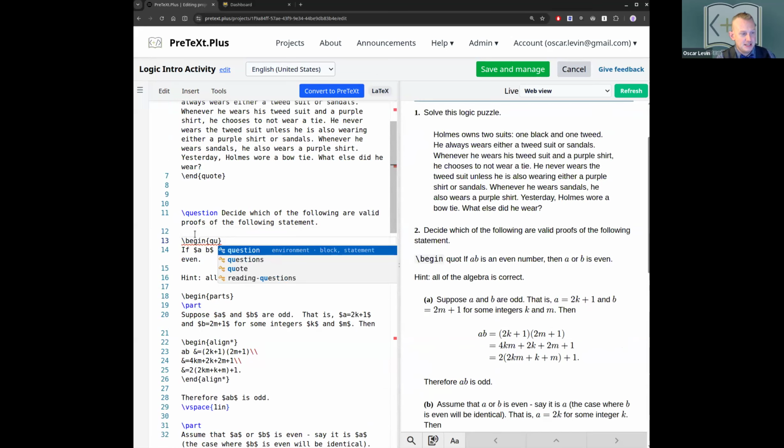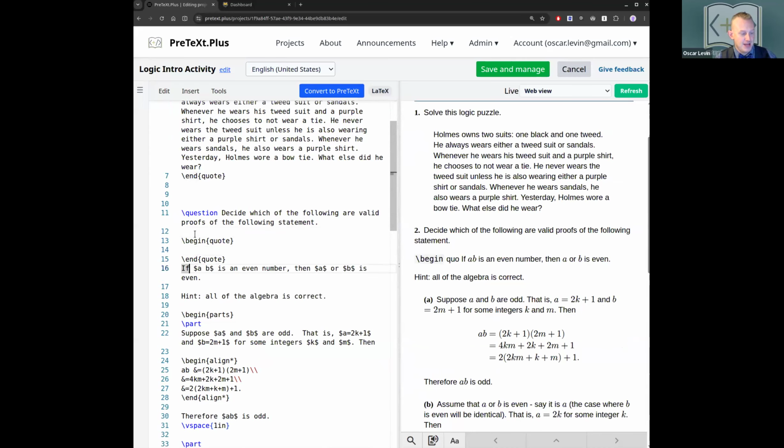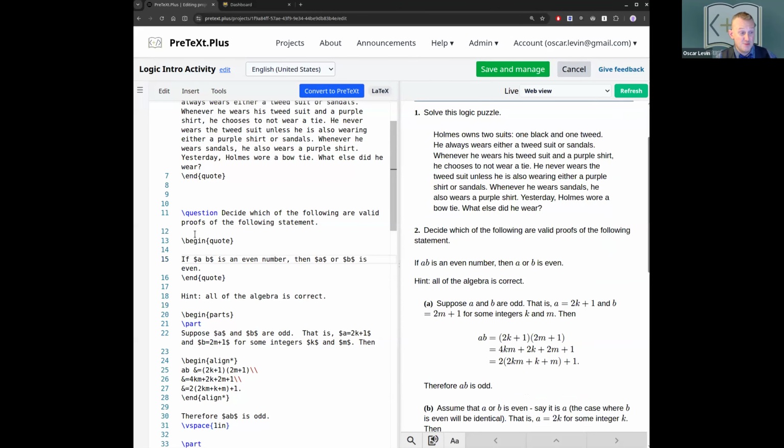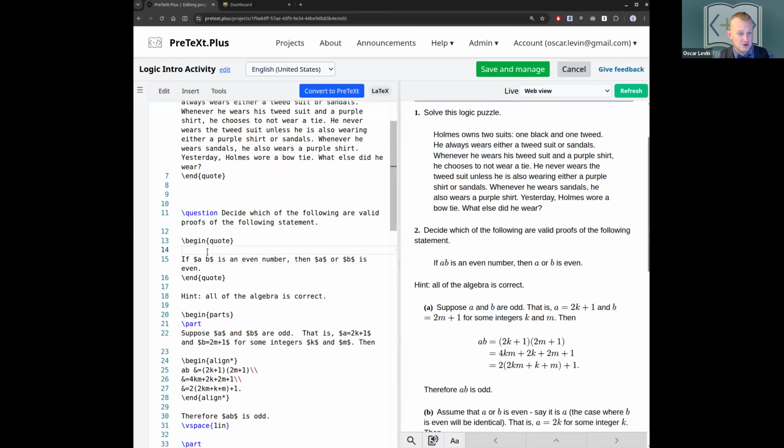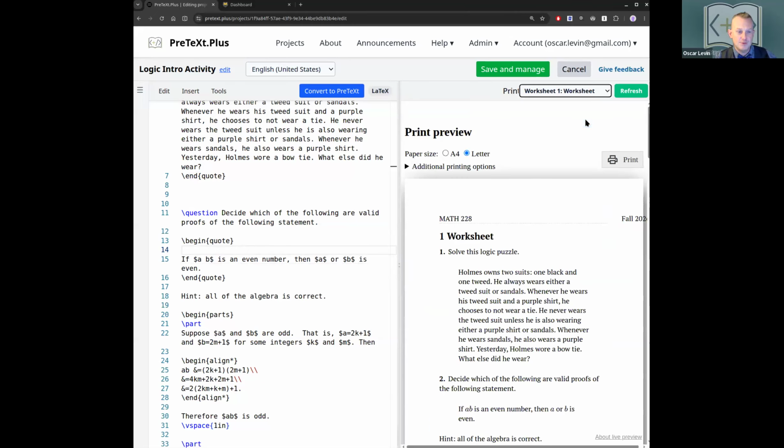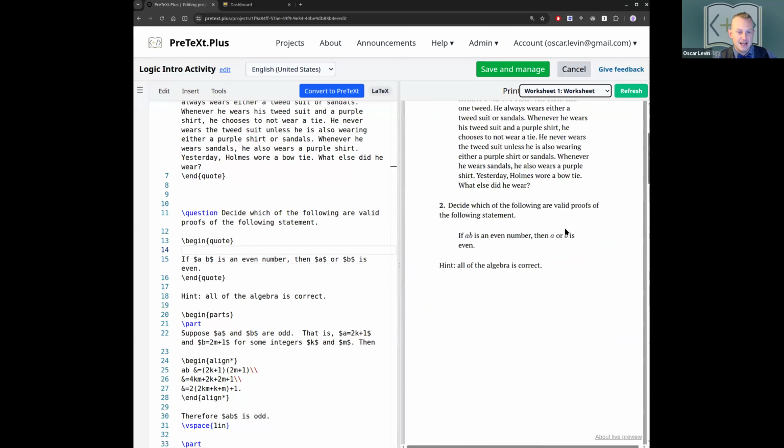Notice it gives me some suggestions of environments that it knows about. So I'll do that, and then Alt up arrow moves that in there. So okay, this is actually looking pretty good. I'm pretty happy with this. I could look at the print of the worksheet altogether, and I see,